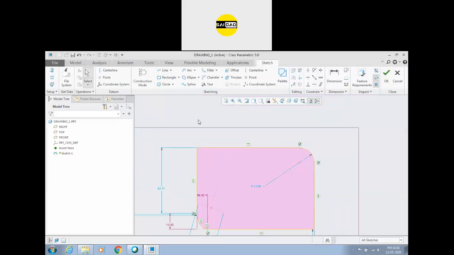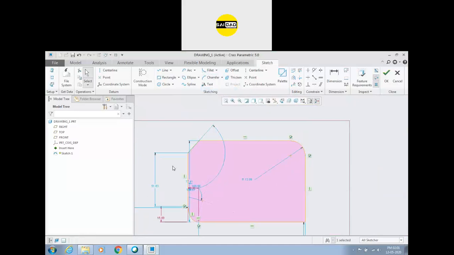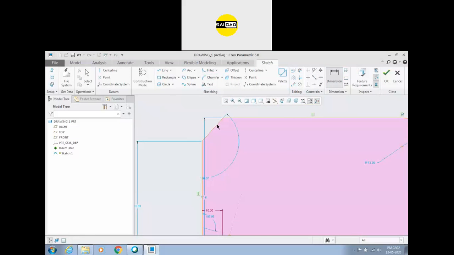Okay. Next is chamfer, similar to fillets. It is used to break the corners or according to shape. So chamfer without trim, chamfer with trim. So simply select the two lines wherever you want to create. You can specify some distance,